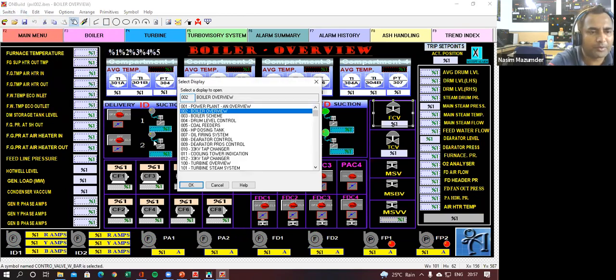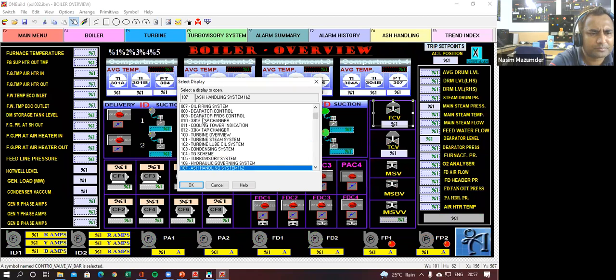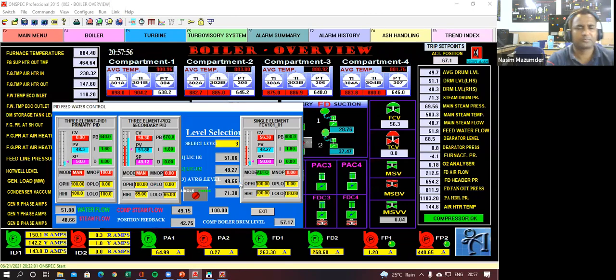From the activities, PID feedwater control.